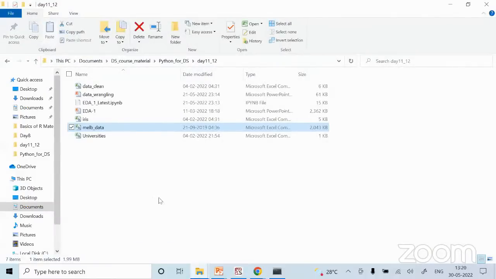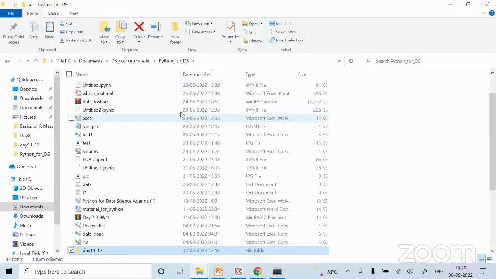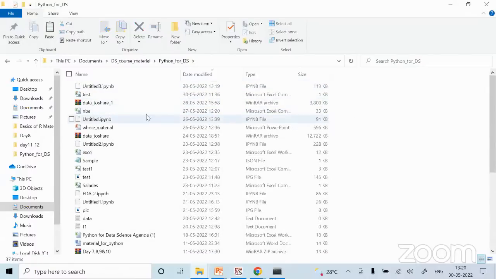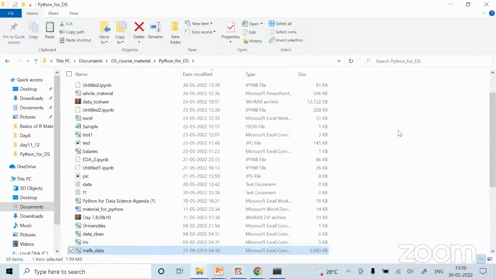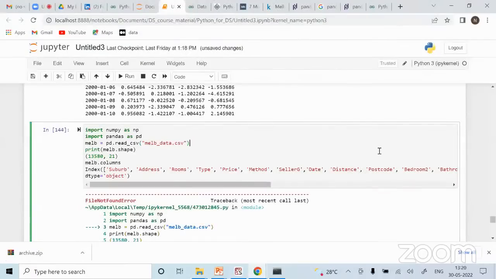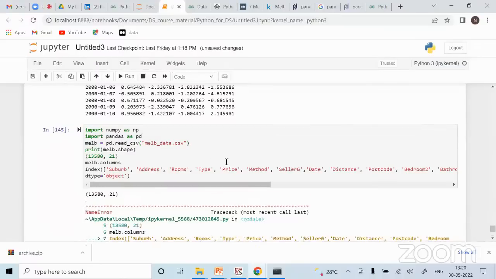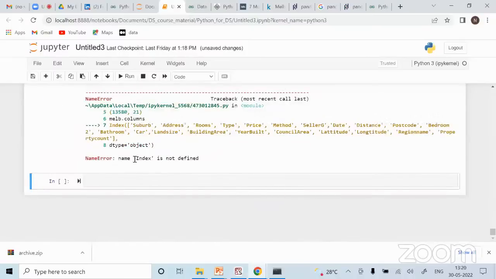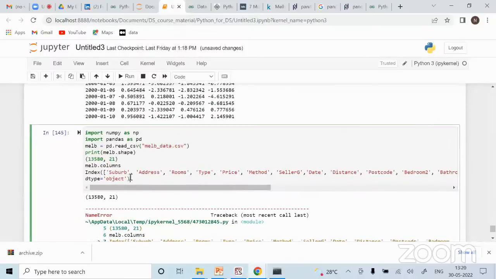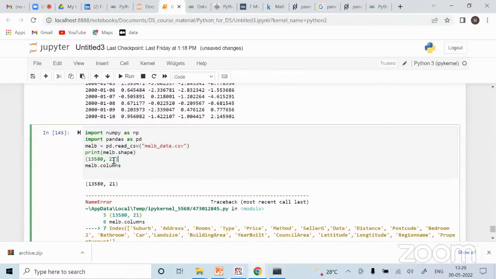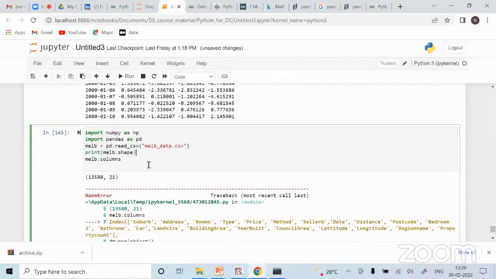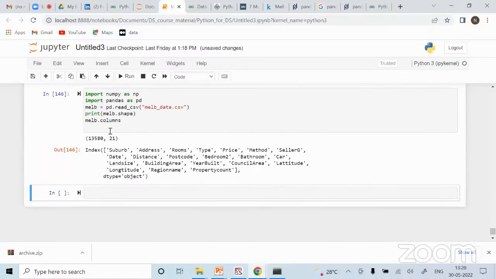Oh, my bad. Actually, I copied the file in this, but my notebook was outside this. So that's what I'm saying. Wherever your notebook is, your data should be there, and also in the way you are calling it, you have to make sure that you have not given any folder or any structure over here. So now it will work. Now it has worked, but it is giving a different error because this was the output, right? So I should not be doing this. If I do this, see, now it worked. So I have this data.